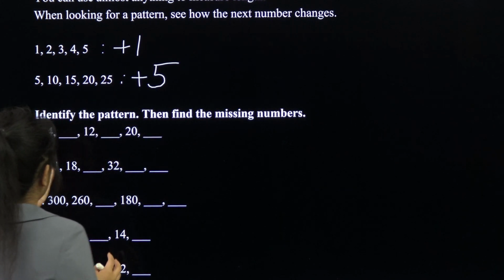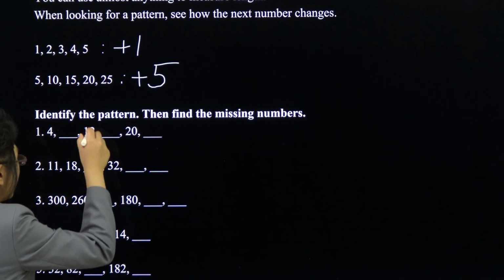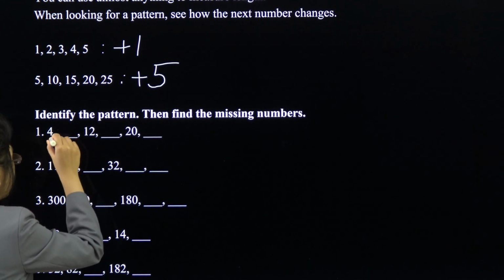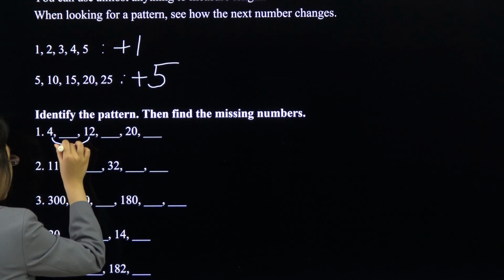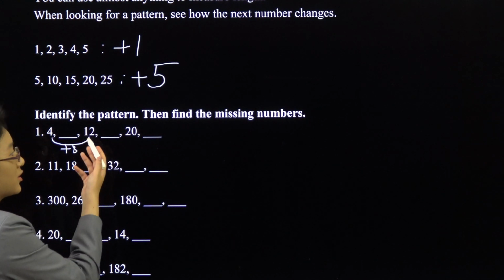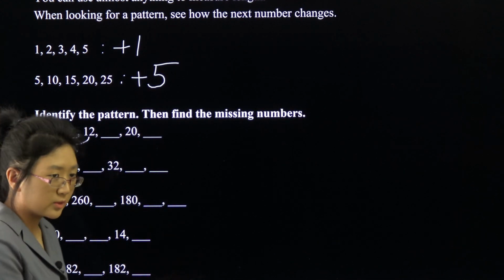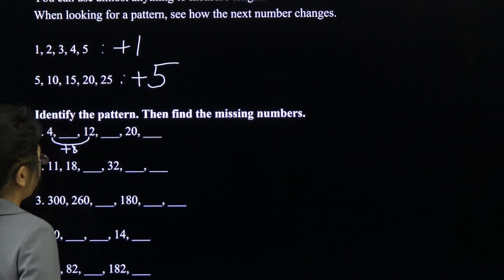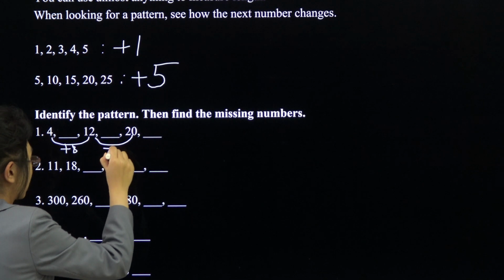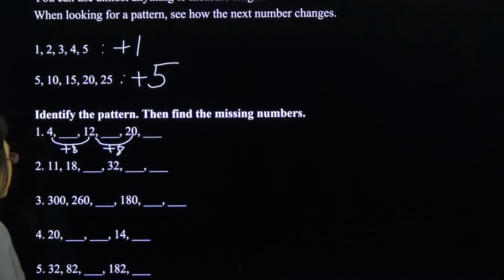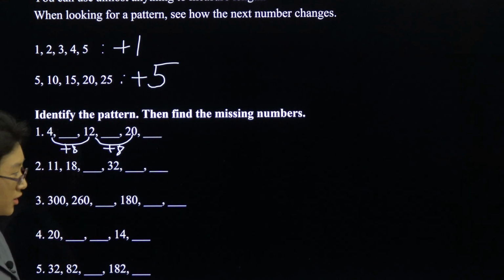You see, 4 to 12, there's a gap in between, and so the distance from 4 to 12 is plus 8. The distance between the third term, which is the third number of the pattern, and the fifth term is also plus 8. But since there's something missing in the middle of both, the second term and the fourth term,